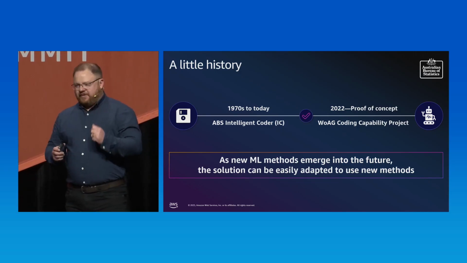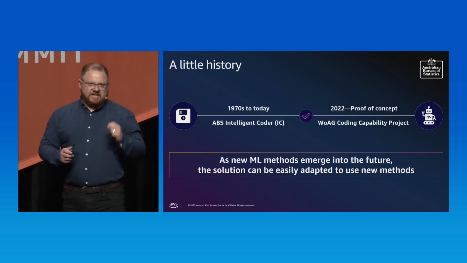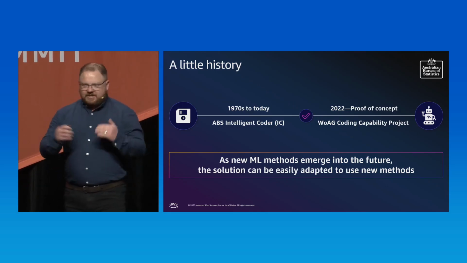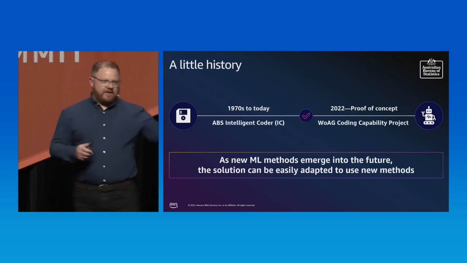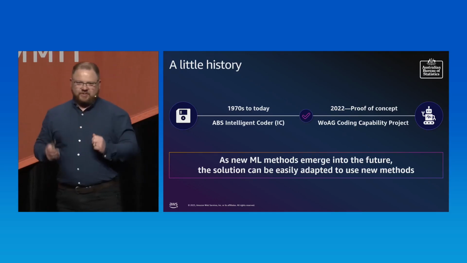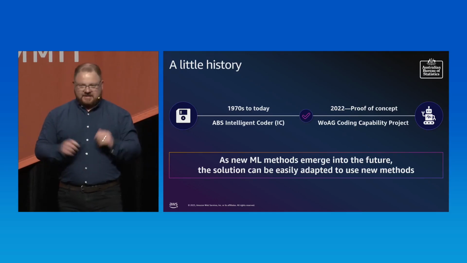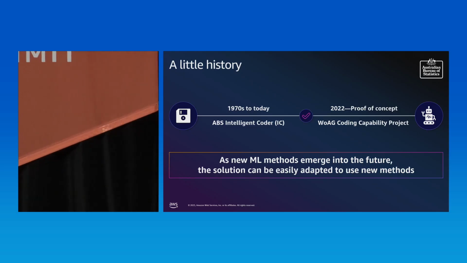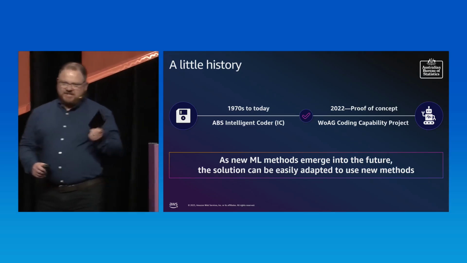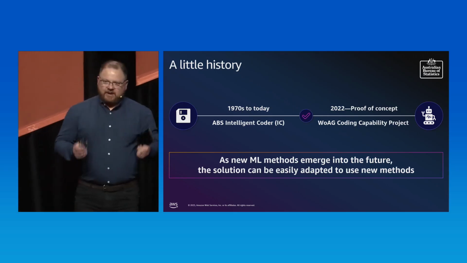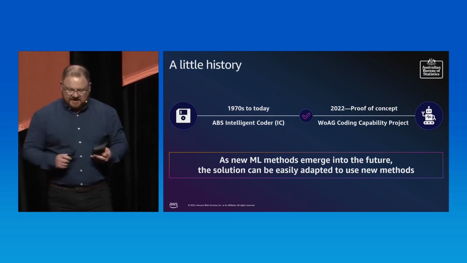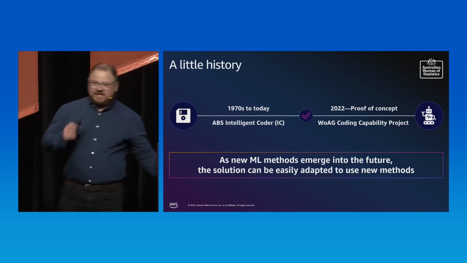I can tell you firsthand, it's a mammoth effort to update that index. And every time we update the classification, or every time there's a change in the way people refer to their occupation, or new occupations emerge, we have to update that index. It's a mammoth task. But technology has changed substantially. And surely there's a better way of doing this than using index technology we developed in 1980. Well, it turns out there is.